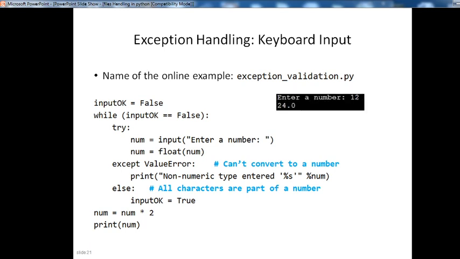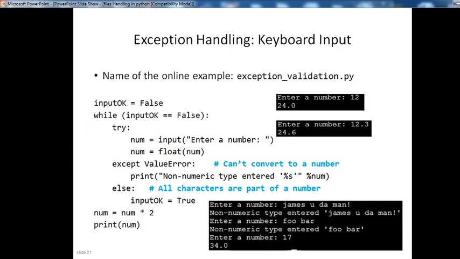Enter a number 12, output displays 24. Enter a number 12.3, output displays 24.6, the integer to float conversion. And finally, enter a number like James, which matches the exception: non-numeric type, enter a number. Entering 4 bar displays the errors.